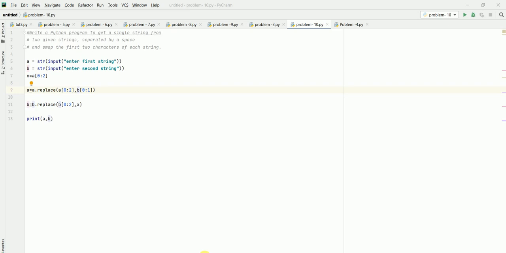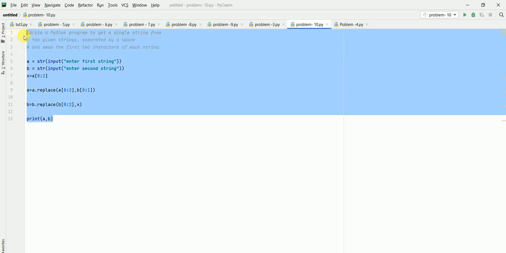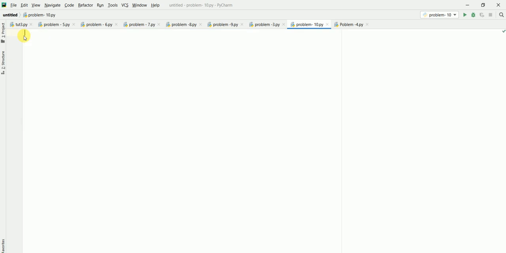So I have successfully opened PyCharm, in which I write my first code. First of all, we remove this completely. Python is a very simple language. If you are a beginner, you can learn in a simple way. First of all, we print hello world.